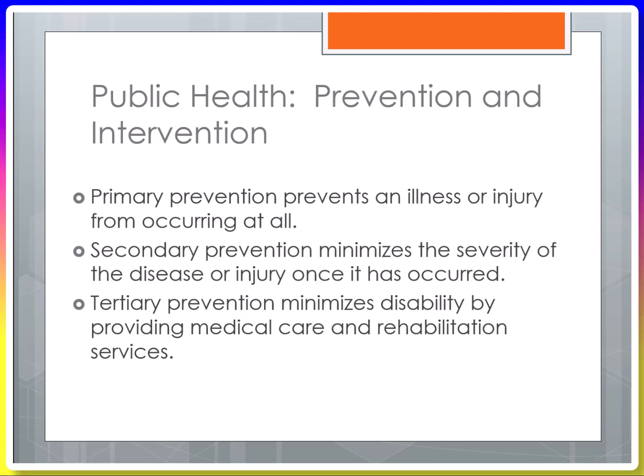Primary prevention is trying to prevent an illness or injury from occurring at all. So, an example of this might be providing condoms to college students. You can go to the Student Health Center and get them free of charge. We're trying to educate students in terms of safer sex. So, this would be primary prevention because we're trying to do something to help keep people from getting sexually transmitted